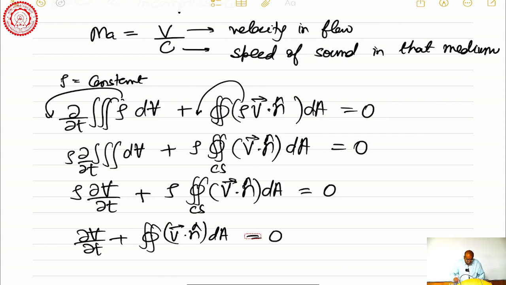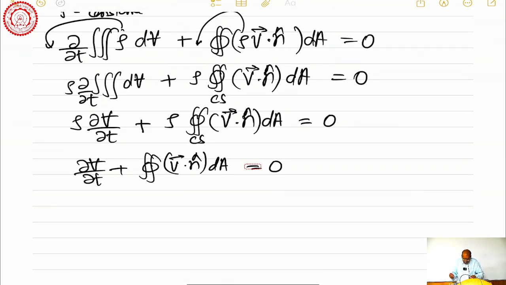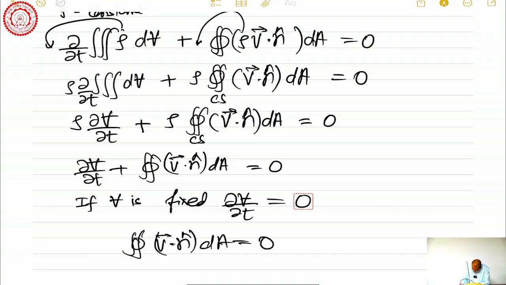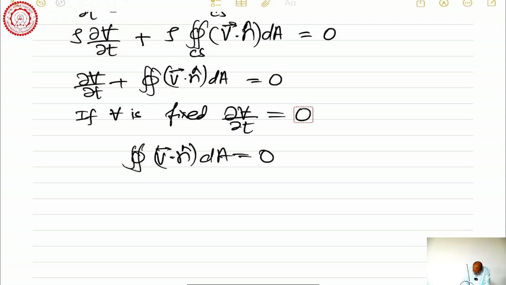And now if volume is fixed, and if we have